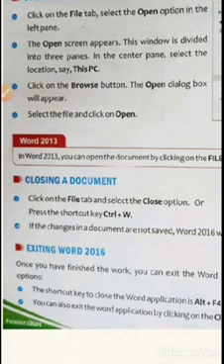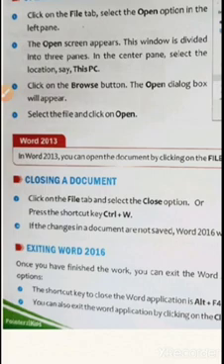Closing a document means the application will be running, only one particular document will close. For that, click on the File tab and select the Close option. There is another way: press the shortcut key Ctrl+W.